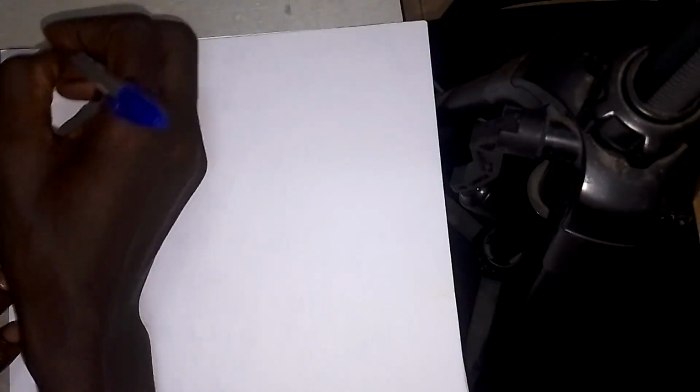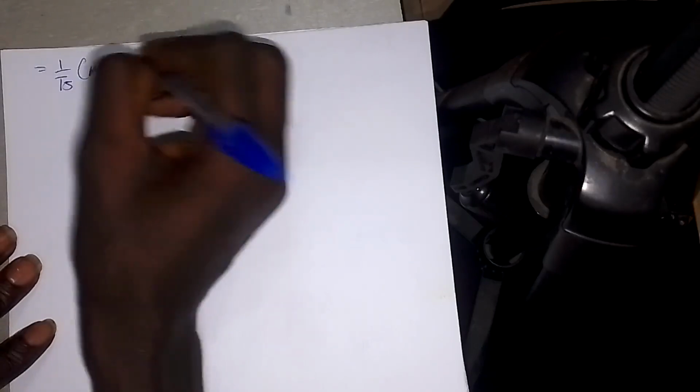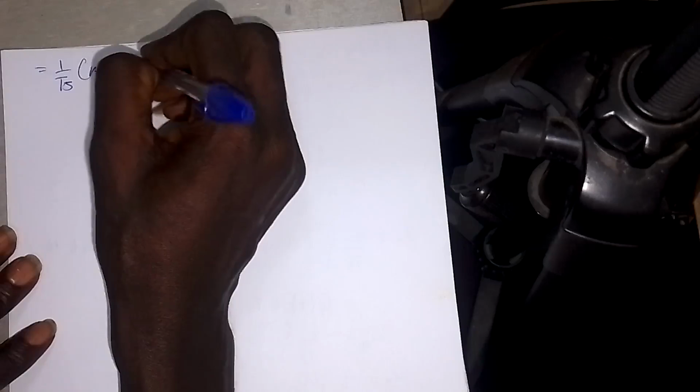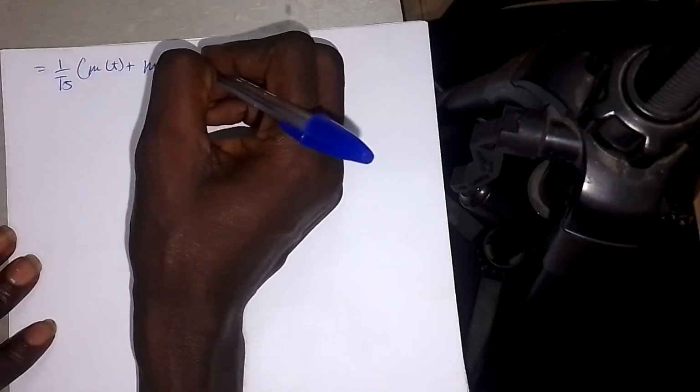Now, if you expand it, you're going to have 1 over Ts into m of t plus, let's say n is equal to 1. If n is equal to 1, you're going to get m of t into